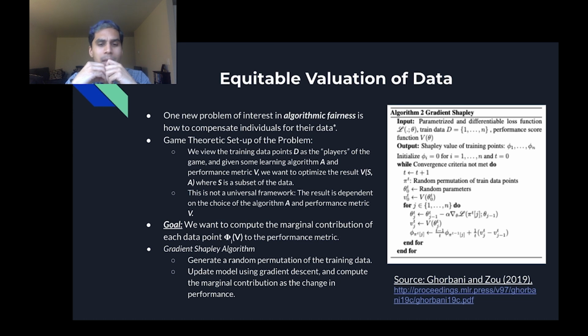So at each step you add another data point to train the model, see how the model's performance changes, and associate that as the contribution of the data point. You reiterate this process until you achieve convergence, and you get a good estimate of the relative importance of each data point in achieving the changes in the performance metric.